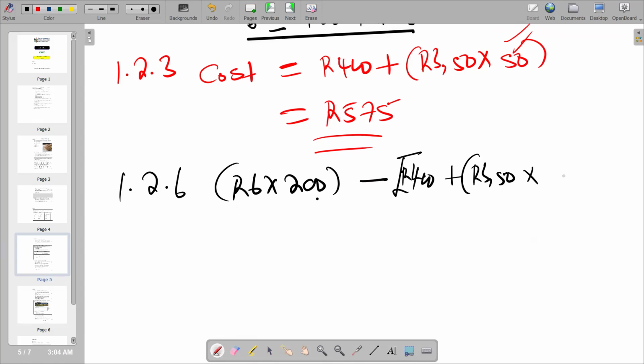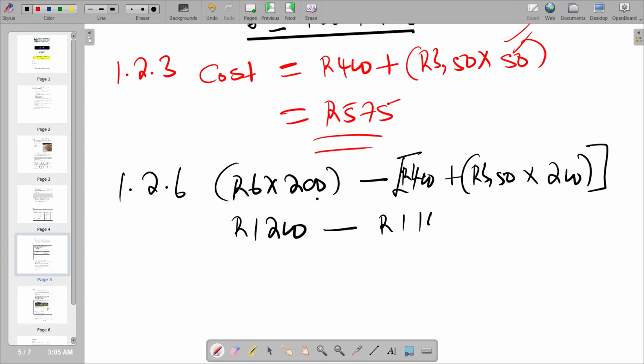So we do that in that way. We see that the answer that we are supposed to get there, if you say 200 times 6, you're going to get 1,200. You subtract, if you say 400 plus, in brackets, 350 times 200, the answer that we are supposed to get is